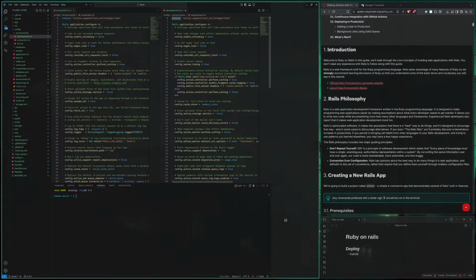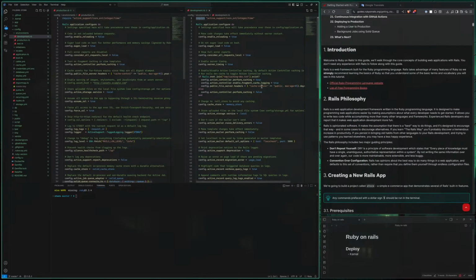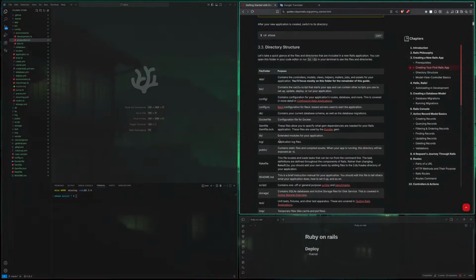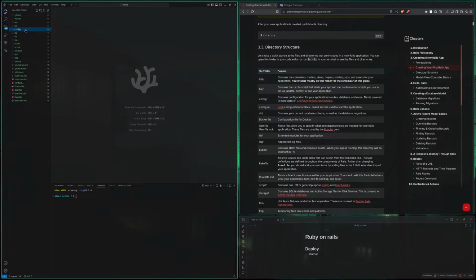Okay, so it's basically like... No? Yeah, I guess I will come to this part later on. Config ru, rack configuration, rack based on... What the fuck is that? Rack-based servers to start the application. Okay.